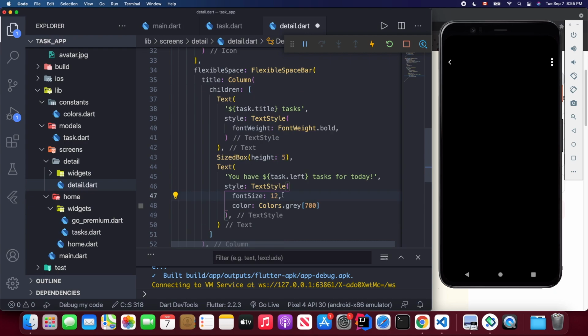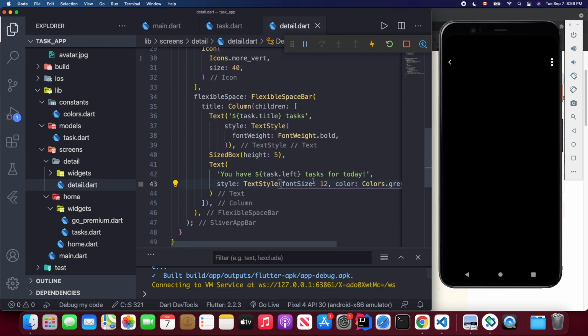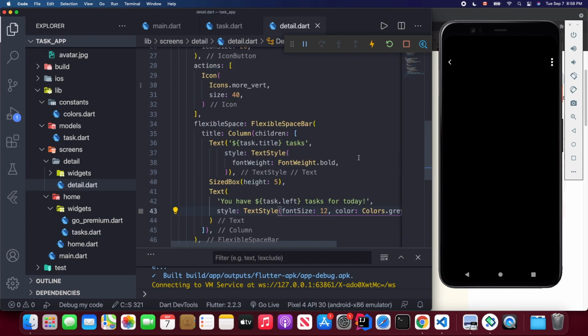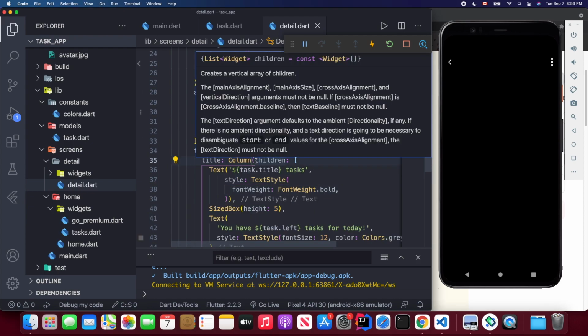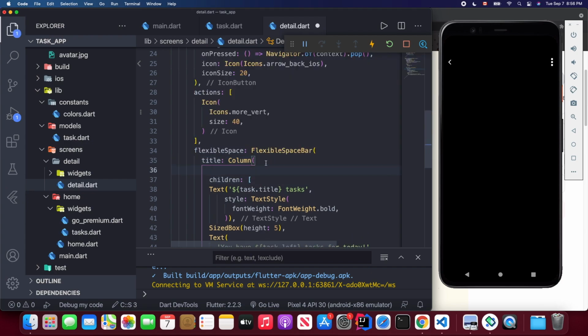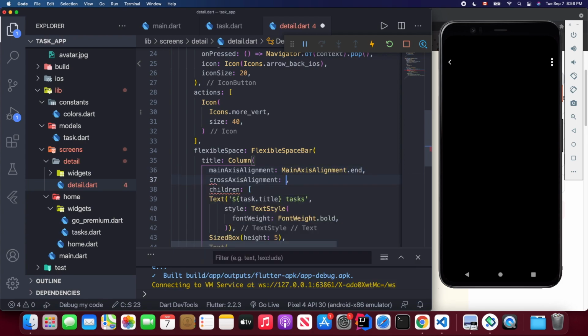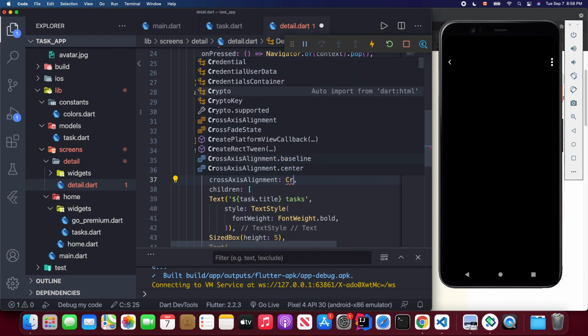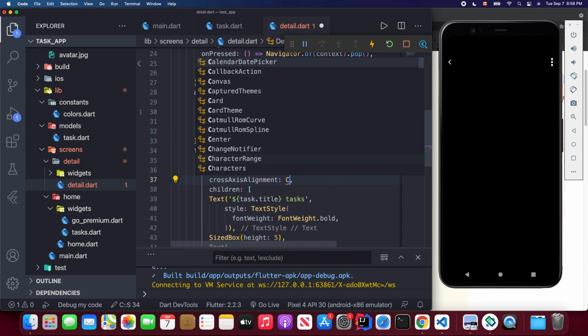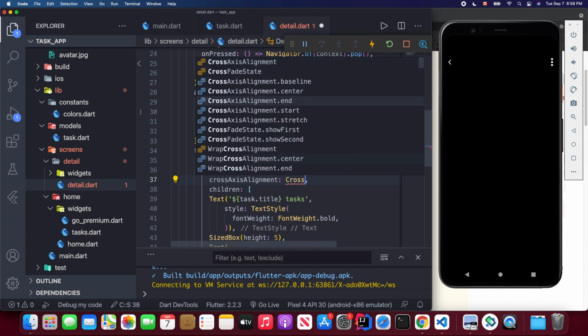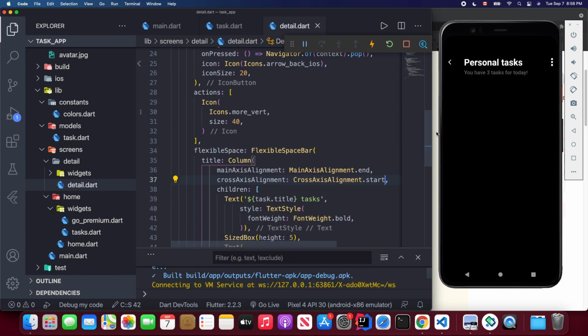Okay, let's see. Going to save it. It isn't shown here because we didn't set the alignment, so I'm going to change its alignment. So for the mainAxisAlignment, I'm going to set it to end, and also for the crossAxisAlignment, I'm going to set it to start. And we save again. Now we'll be able to see it,